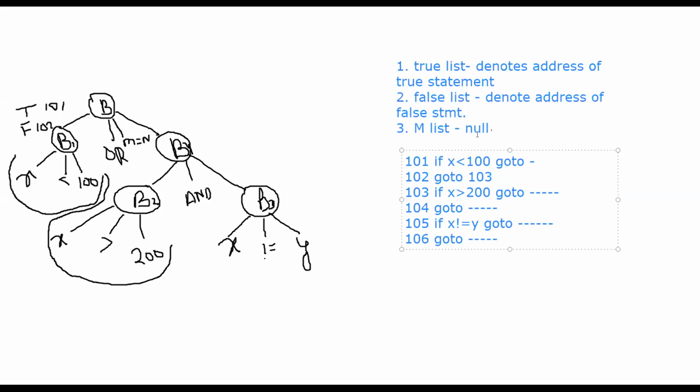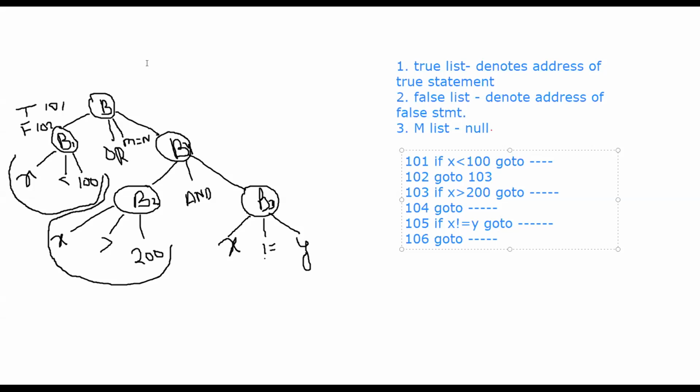Fine. Now see carefully. For the first condition, which is in the or with the remaining 103 to 106 lines, if x is less than 100, then go to blank. And if this statement is false, then we'll execute the AND condition. And from where this AND condition is started at the line number 103. So in false go to, I've written 103.